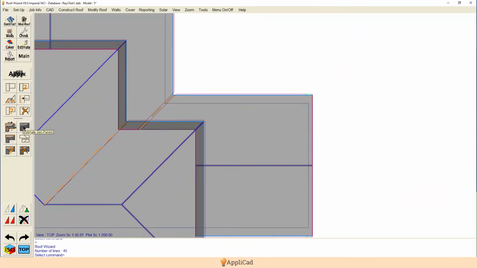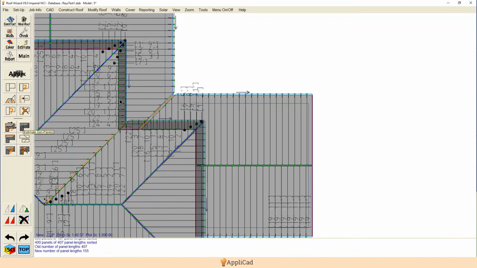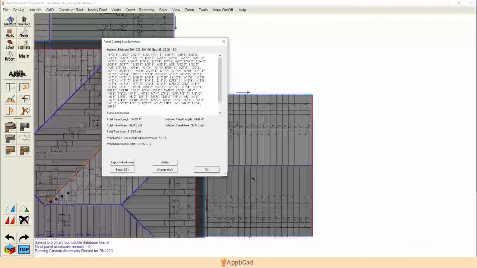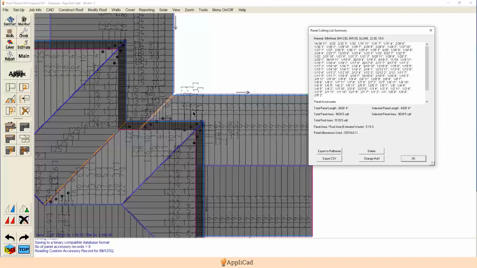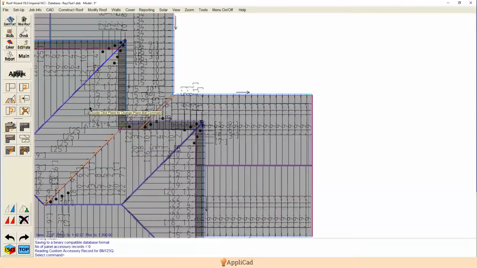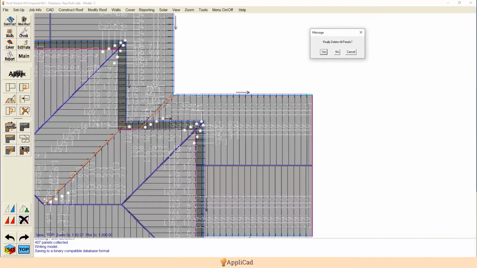And when I generate the panels, it's generating the panels based on the geometry of the roof. Sorry, the geometry of the panels, not the geometry of the roof. And you can clearly see that it's done that in this drawing. Because it can get a bit complicated and people get a bit confused with too much of that, what we generally do is delete the panels, and I'm going to